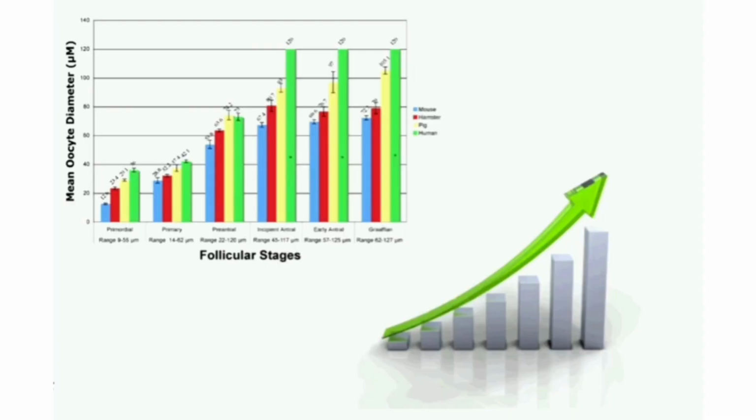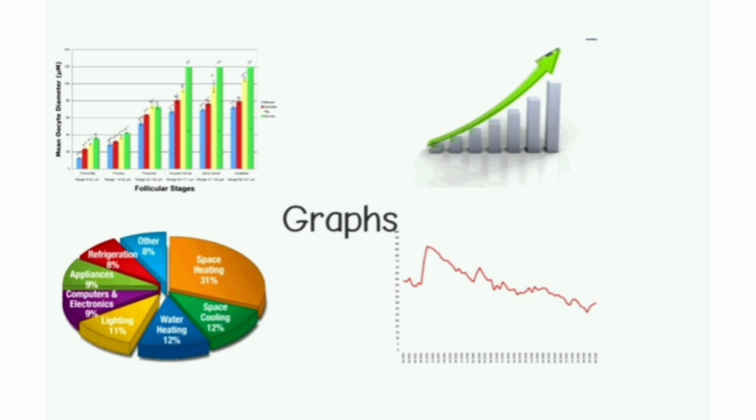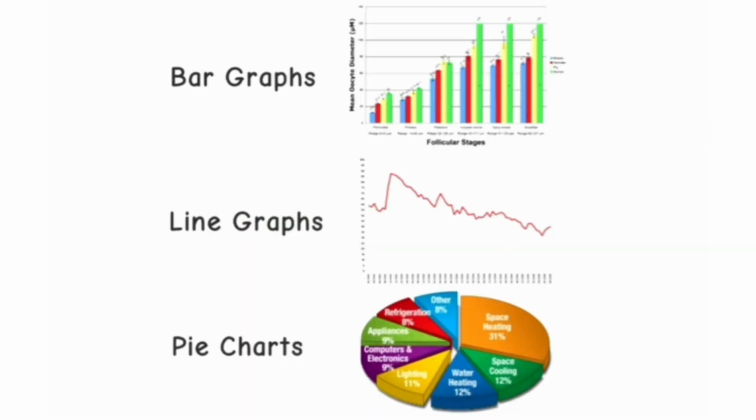Have you seen charts like these on TV? You must have also come across diagrams like this in newspapers and magazines. What are all these things called? They are called charts or graphs. There are many different types of graphs. As you just had a look, we have bar graphs, line graphs and pie charts. The type of graph that you will use depends on the information that you have to share.